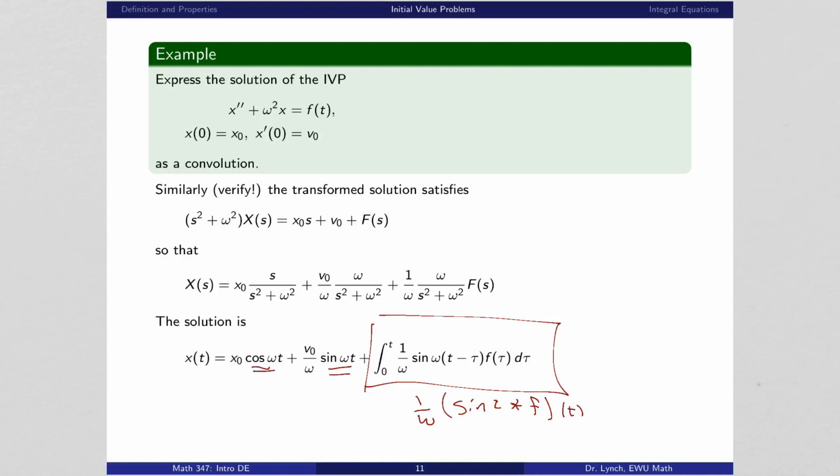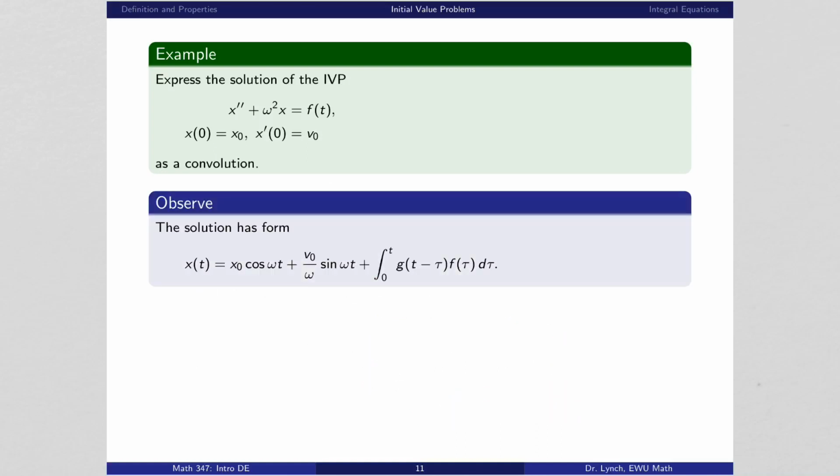Now, that integral should remind you of something. You should notice that the structure of the solution here looks somewhat like a solution to a homogeneous equation plus a particular solution. And no big surprise, it exactly is. So the solution here, I'll think about this as being the particular solution,